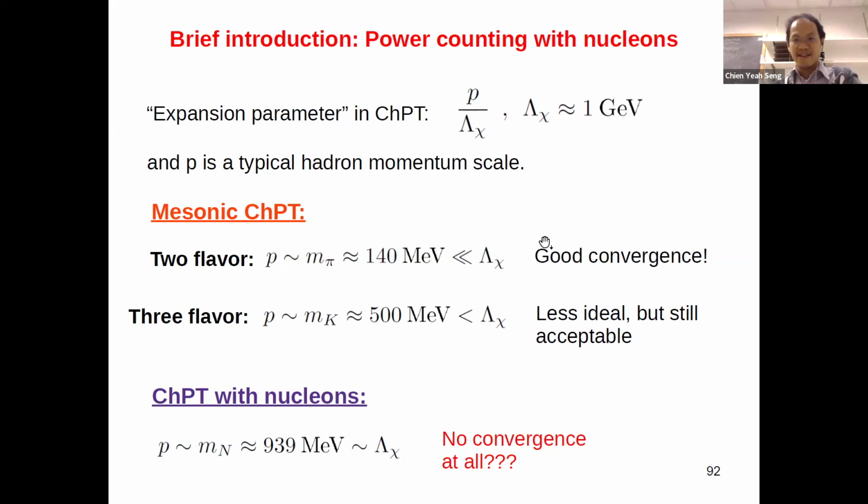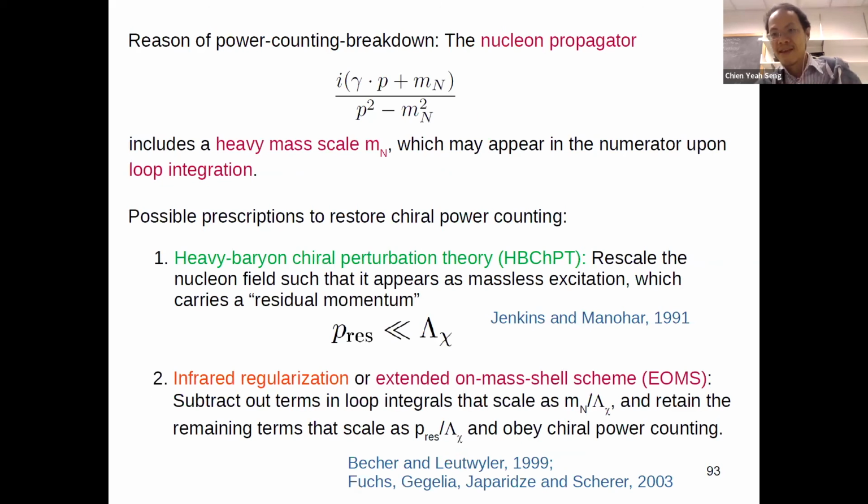But now the problem is when you have a theory involving nucleons, then this momentum scale could be as heavy as the nucleon mass, but the nucleon mass is 939 MeV, almost the same as the chiral breaking scale. In that case, p divided by lambda chi is almost of order 1. So it looks like there's no convergence because the expansion parameter is 1. So it looks like the power counting breaks down. And the breakdown occurs